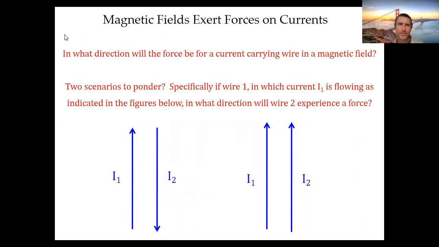And so in this case, one of the wires is going to create a magnetic field. And then the second wire is going to have charges that are going to be moving and experience a force in that magnetic field. So I'll draw that, for example, here. So if I1